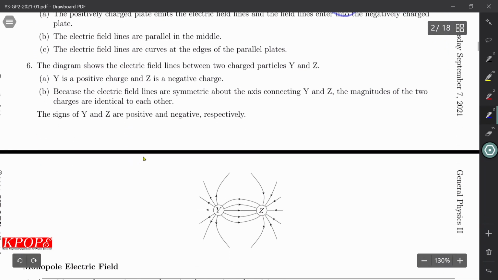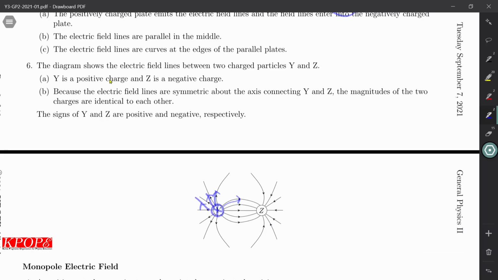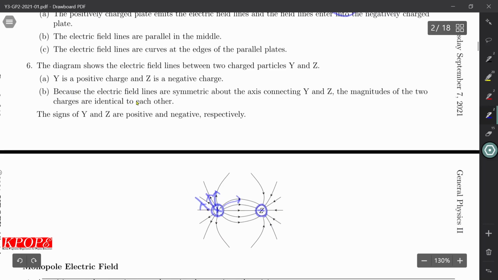6. The diagram shows the electric field lines between two charged particles Y and Z. Y is a positive charge, because electric field lines come out of Y, so it is a plus. They enter into Z, so this is a minus. Z must be negative. Because the electric field lines are symmetric about the axis connecting Y and Z,